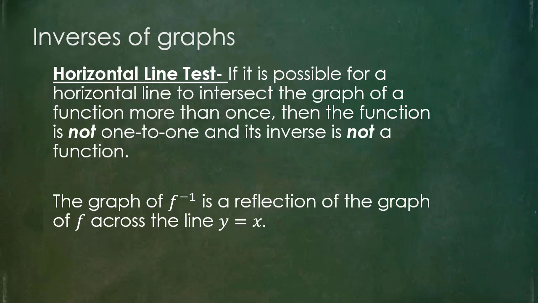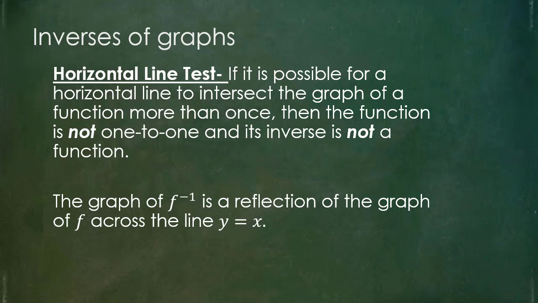Now when it comes to graphs, one way that we can actually do a test for a one-to-one, not only could we just look to see if it's always increasing or always decreasing, we can actually do a really quick and easy test, which is called the horizontal line test. So remember, we had a vertical line test that told us whether the graph we're currently looking at is a function. What a horizontal line test will do is essentially tell us if the inverse function, without actually seeing it,